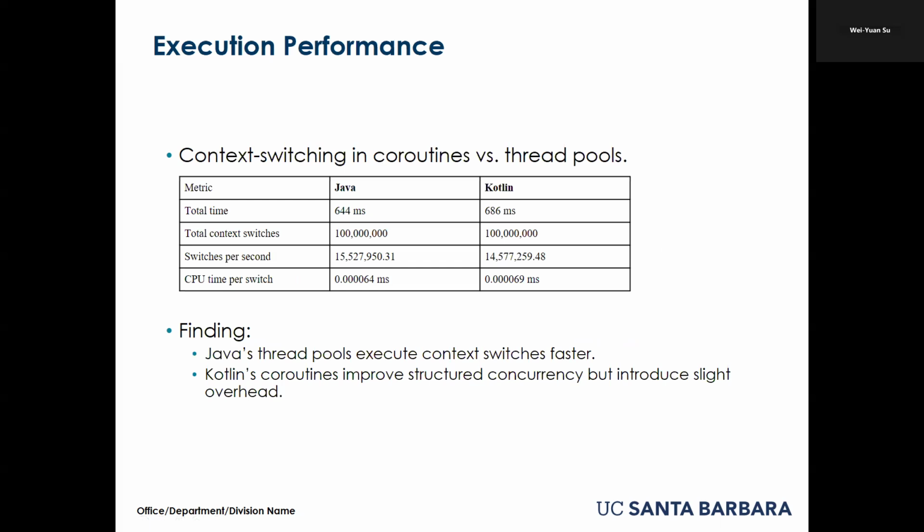We evaluate the context switching of coroutines in Kotlin and thread pools in Java. As you can see, we ran 100 million context switches, and the total time they take is 644 milliseconds for Java and 686 milliseconds for Kotlin. So Java runs faster than Kotlin. But we think that it might be because